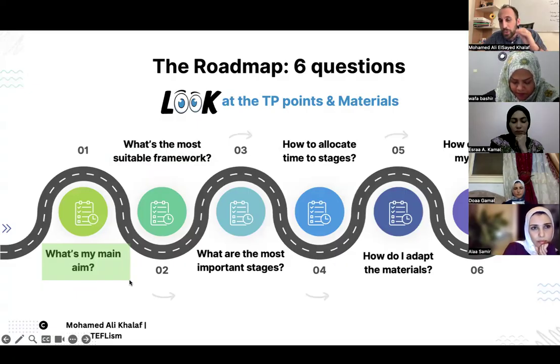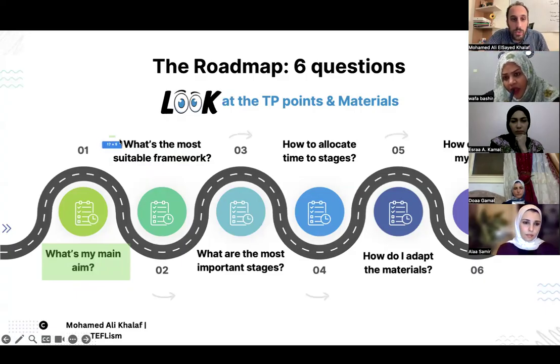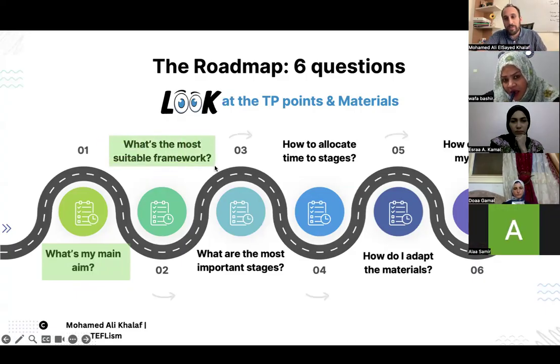That's a very important question, because the main aim will actually guide you to the suitable framework. Without knowing the answer to the first question, you will be distracted. You will just go around in circles. So number one, what's your main aim?